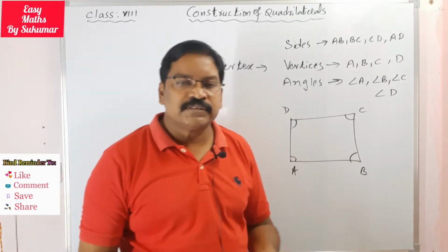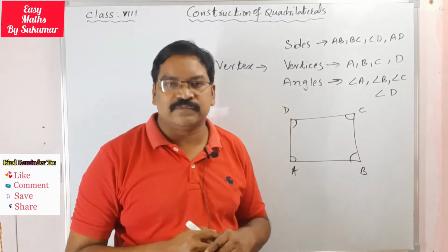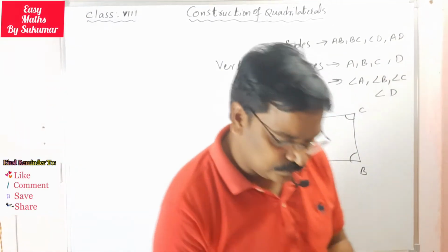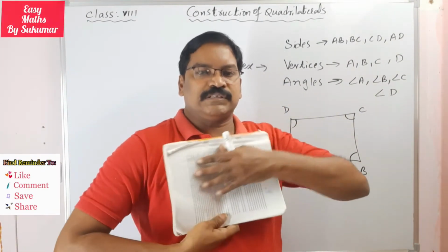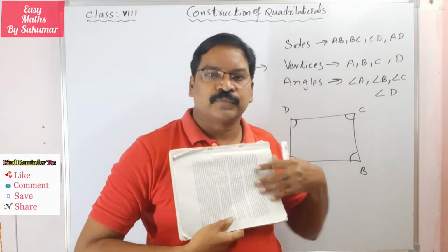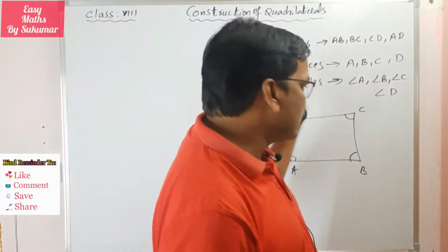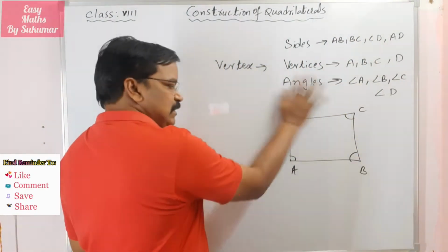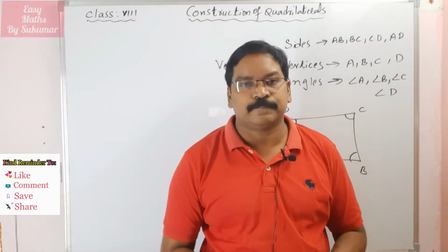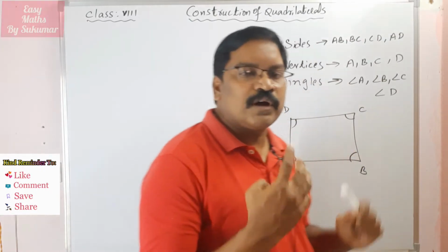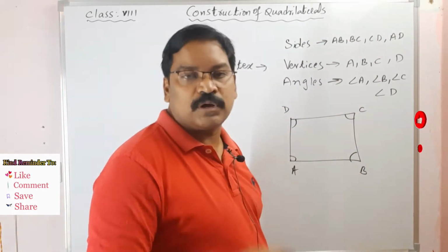See, my dear students, you will see many quadrilaterals in your daily life. See, for example, the front page of this textbook, this page of the textbook is in the shape of a quadrilateral. Our board, the front face of the board, it's also a quadrilateral. Okay, my dear students. See, quadrilateral means it is a four-sided polygon, closed polygon.